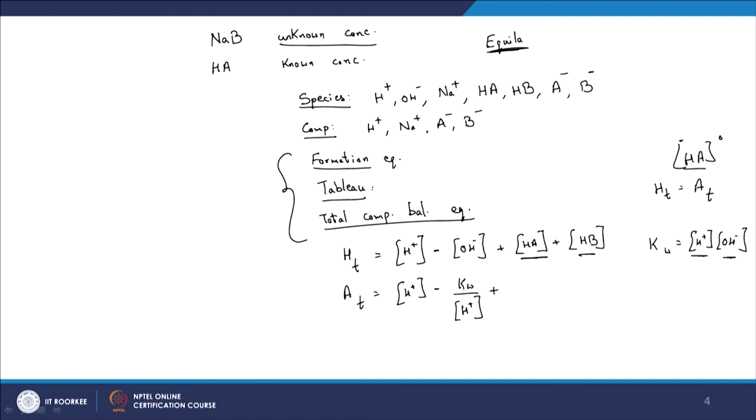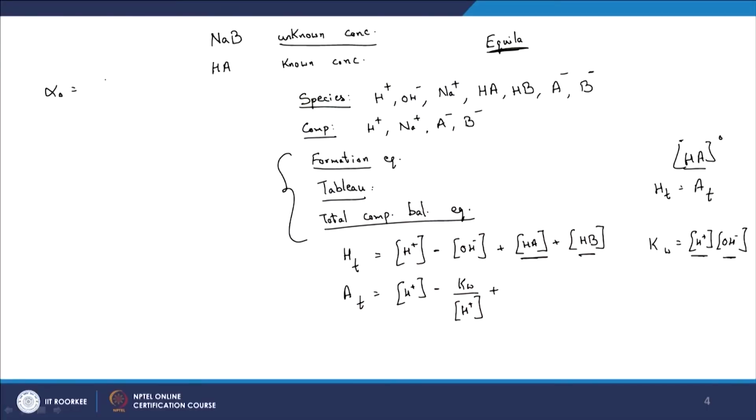So in this case, in terms of what other variables do we know that we can express them? We talked about ionization fractions, right? We looked at alpha naught and alpha 1 for monoprotic acids and bases, or the conjugate base, pardon me. So we are going to use that concept here. So what is that again? Let's refresh our memory briefly. We have alpha naught for a particular acid, which is going to be equal to HA, the protonated form of the acid, by the total acid, as in both its protonated and deprotonated forms.